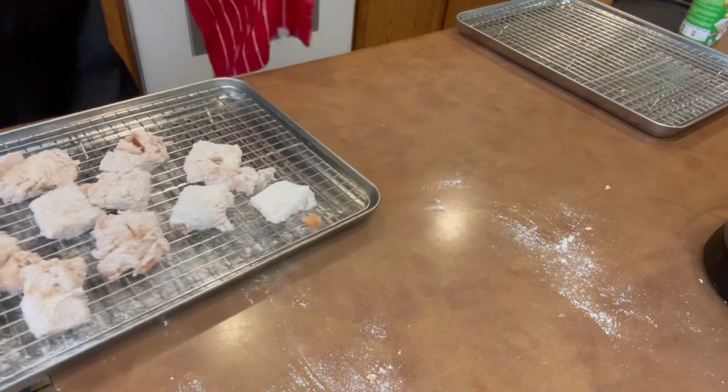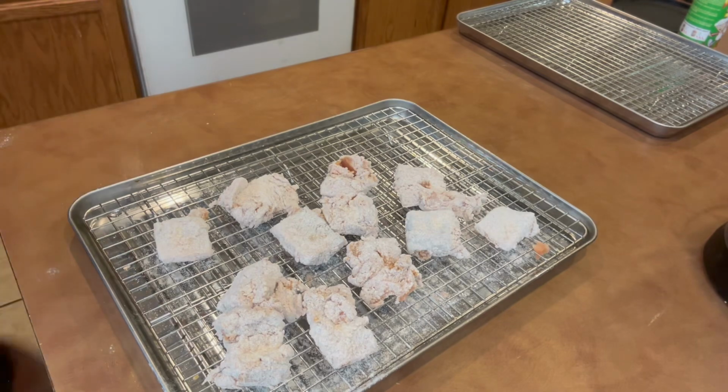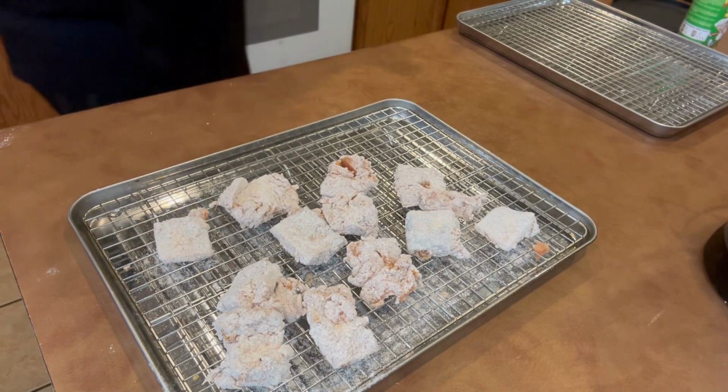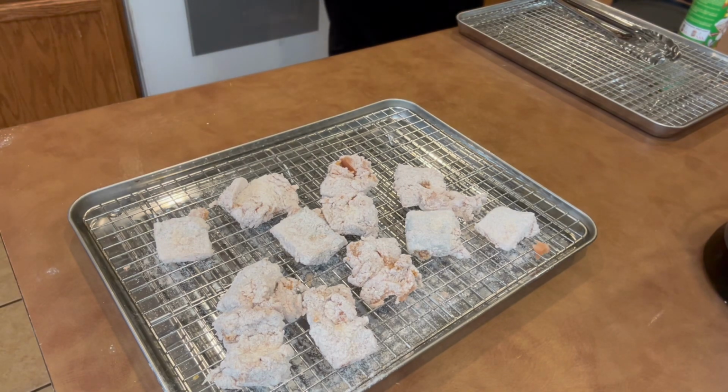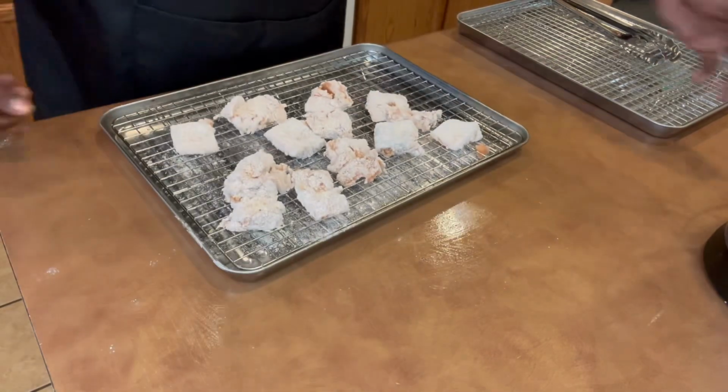I'm gonna go ahead and clean up a little bit right here. You know, I have to have my area clean. See those bites on there like that, you guys? So what we're gonna do now, get me some fresh gloves, but before we do that, I'm gonna go ahead and,